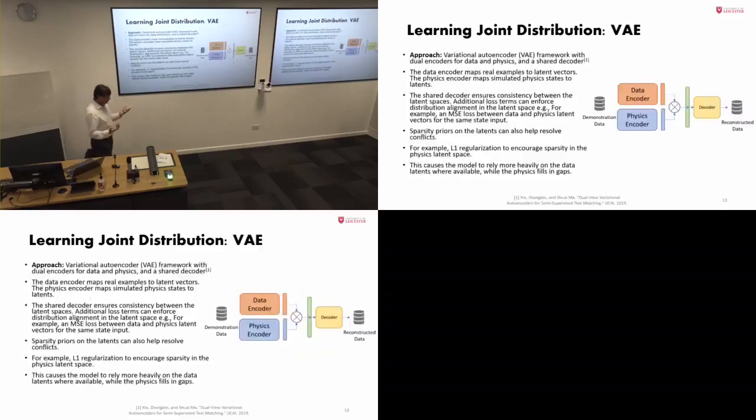So what we are aiming to do, or what we have achieved as well, is for data we have a data encoder, and the same for the physics as well, but there's a joint or common decoder, and from the decoder we could reconstruct the data. So here, we are relying on the data, filling the gap through physics encoders, and having a common latent space. That latent space is either directly fed into machine learning models, or we are producing data that downstream applications will use.